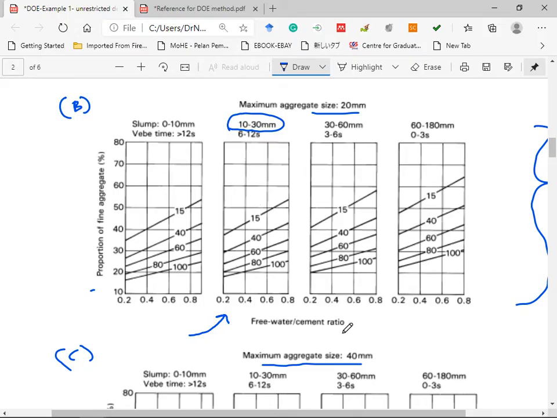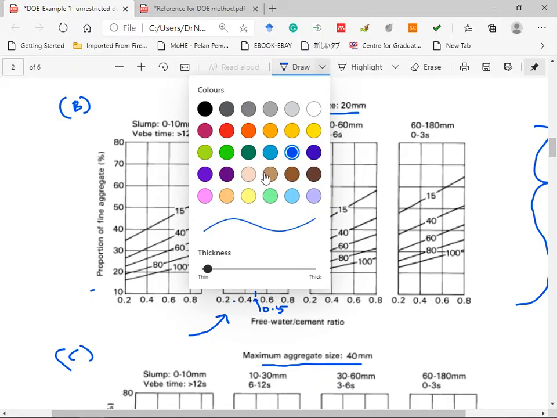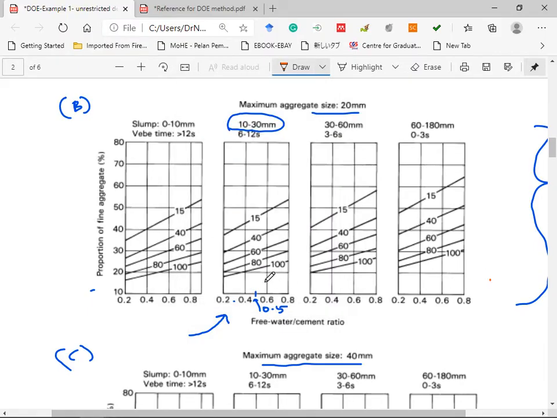Our free water cement ratio is 0.47. So let's say here is 0.5, 0.4, 0.5, 0.6, and 0.7 is around here. Let's say around here. And the percentage passing the 600 micrometer sieve is 70%. So here is 60 and 80. So we draw 70%